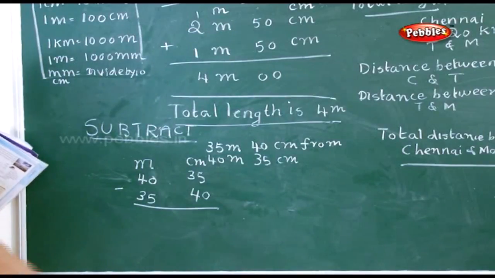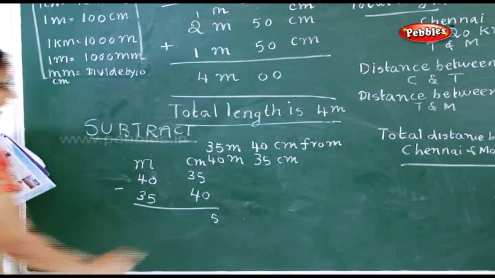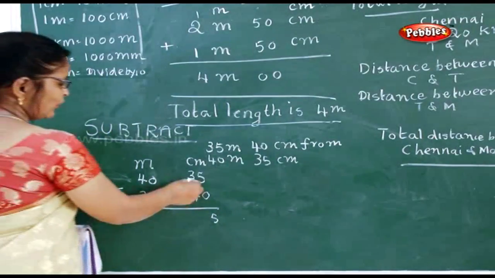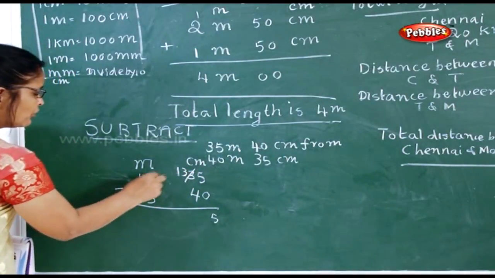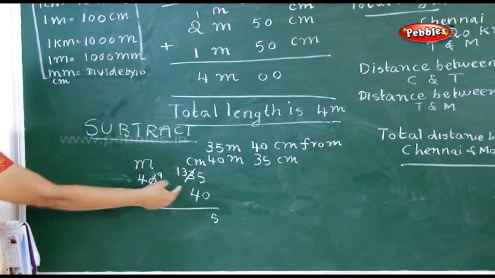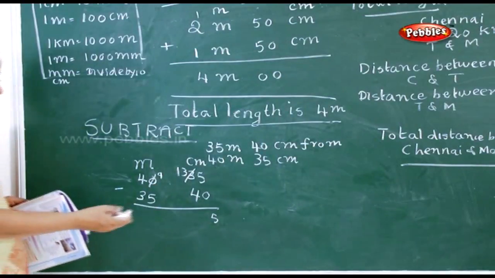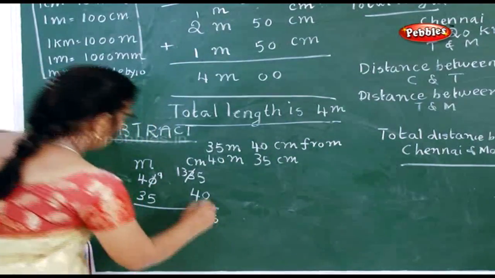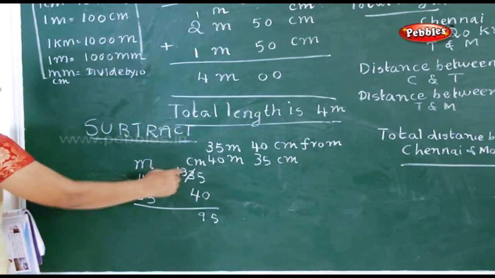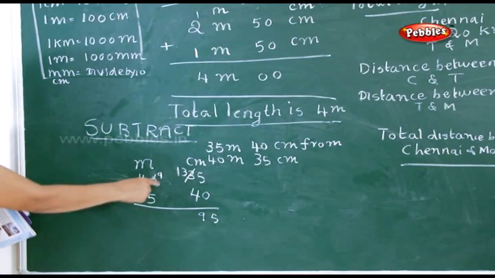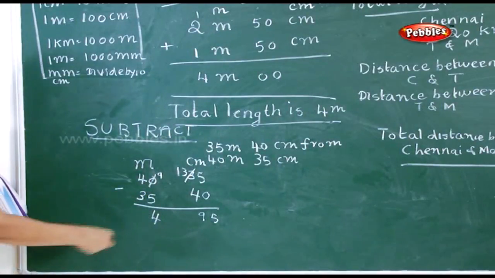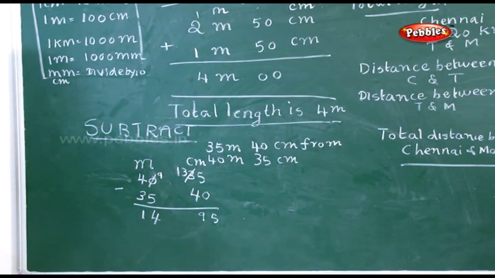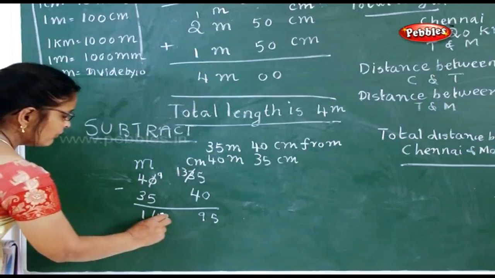What is 5 minus 0? It is 5. And what is 3 minus 4? Because you cannot minus, immediately what will you do? You will borrow, and this will become 9. What is 13 minus 4? 12, 11, 10, 9. You will have 9. Because 1 you have borrowed, this 10 will become 9 here. What is 9 minus 5? Very good, 4. What is 4 minus 3? It is 1. Now what will be the answer you have to write? You have to write 4.